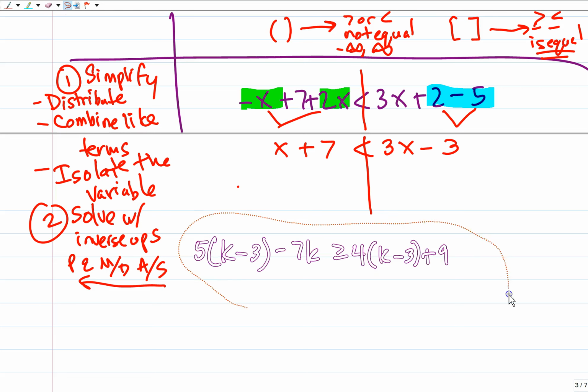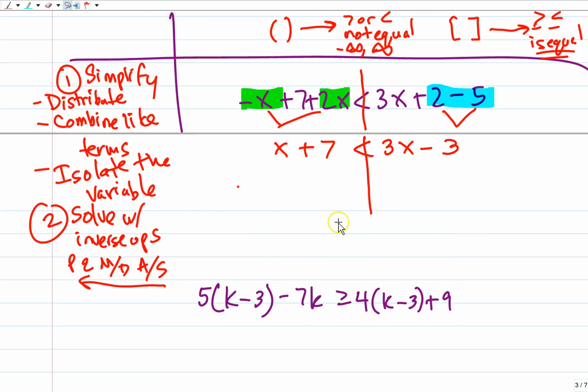Am I ready to solve this? No distributing, we combined like terms. Let's isolate the variable. I've got two variables. They're not on the same side. What will I do? You get to make a choice here. I'm the type of person that wants to deal with things that are positive, which means I'm going to subtract the